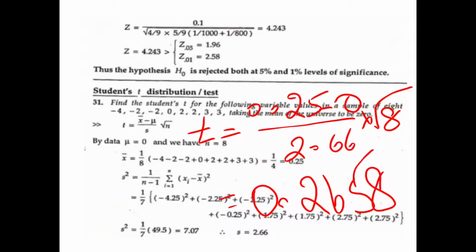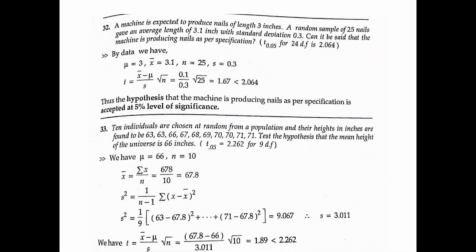If they give you any particular degrees of freedom and ask you to check under particular level of significance whether the sample mean is significant, then we can check accordingly. Understood? So this is how you apply the values from the given data to the formula. Now let us see here